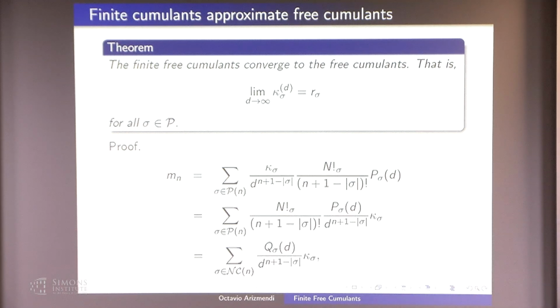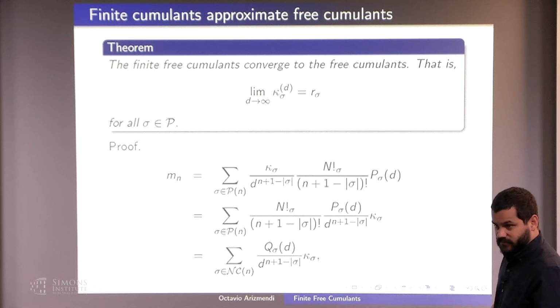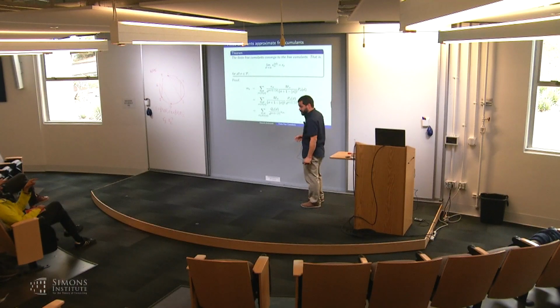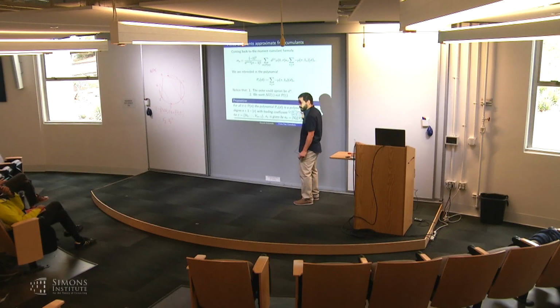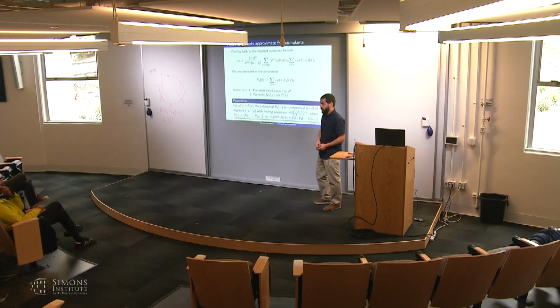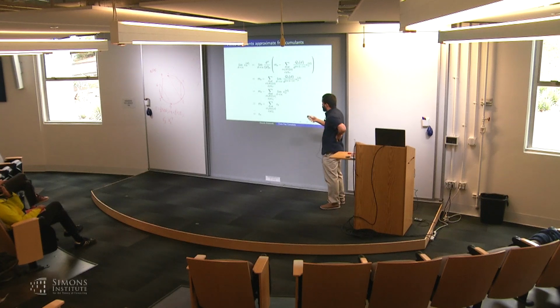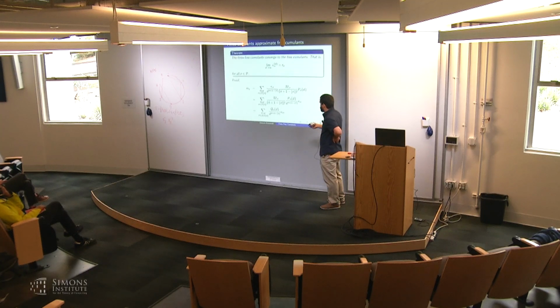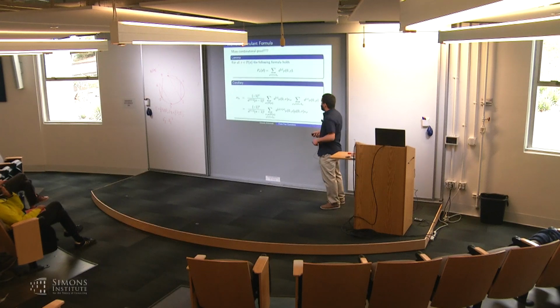Is there a bijection between the non-crossing partitions and crossing partitions? That's what you're asking. Like, is there a bijective proof of this? Is there some mapping between non-crossing partitions and regular partitions? You mean a mapping that gets that to that? I don't think so. This is the point. This is just a coefficient that appears in the leading term. Okay. And then the proof is just using exactly this fact that I'm telling.